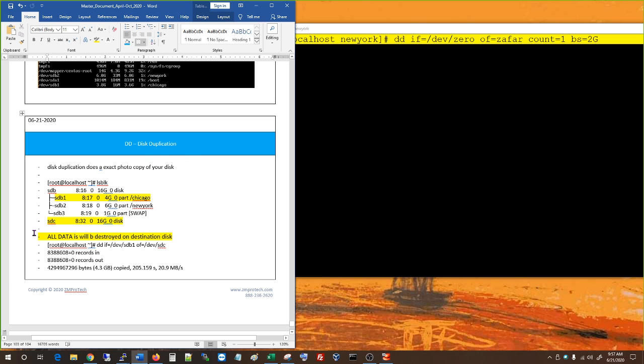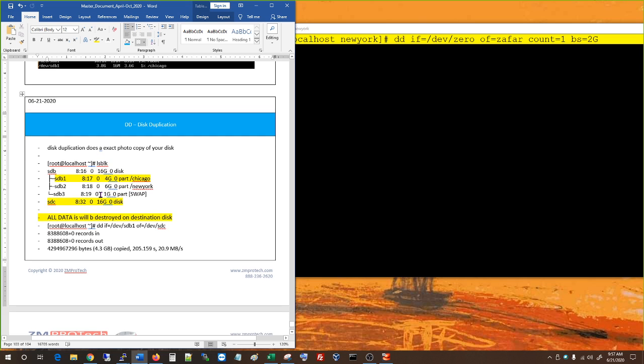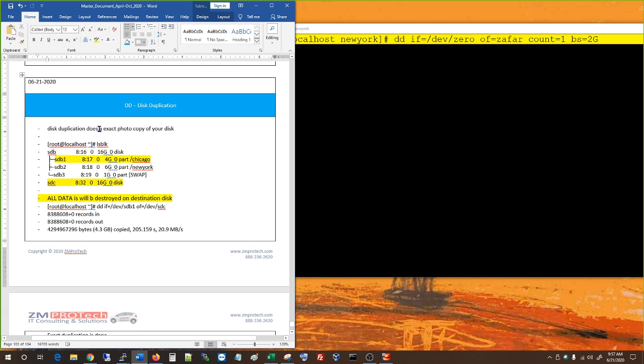So we could do disk duplication, and all data will be destroyed. So it does an exact photocopy of your disk, a photocopy of source to destination. Okay, remember that. Source, in this case this is source and this is destination. Okay,